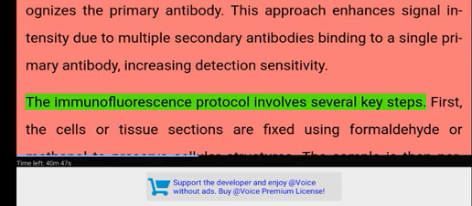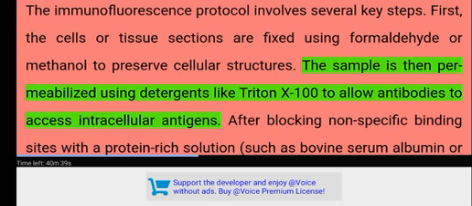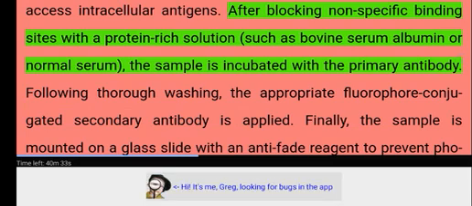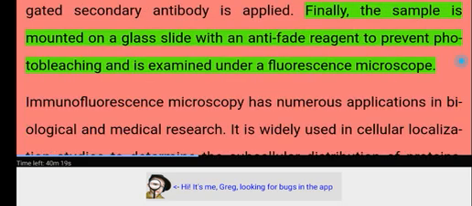The immunofluorescence protocol involves several key steps. First, the cells or tissue sections are fixed using formaldehyde or methanol to preserve cellular structures. The sample is then permeabilized using detergents like Triton X-100 to allow antibodies to access intracellular antigens. After blocking non-specific binding sites with a protein-rich solution, such as bovine serum albumin or normal serum, the sample is incubated with the primary antibody. Following thorough washing, the appropriate fluorophore-conjugated secondary antibody is applied. Finally, the sample is mounted on a glass slide with an anti-fade reagent to prevent photobleaching and is examined under